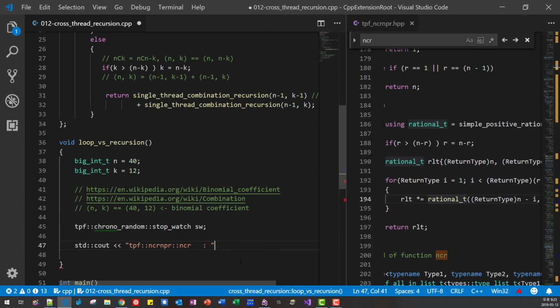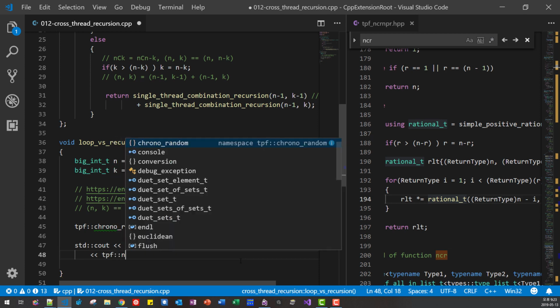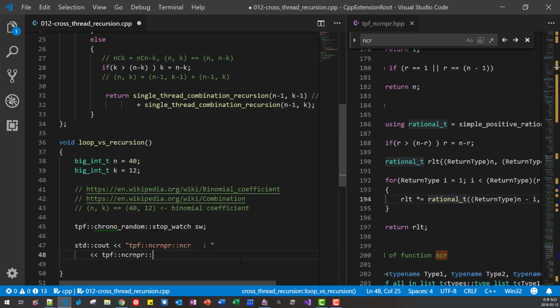We use talkplayfun ncr, with n and k. Okay, then we display elapsed time. We can use stopwatch sw elapsed time.